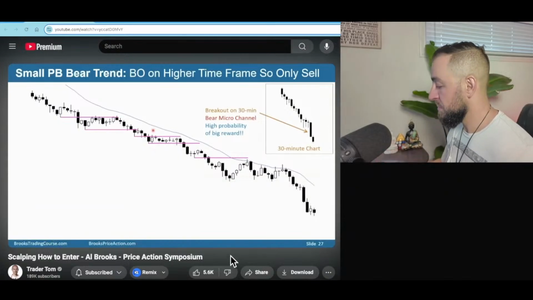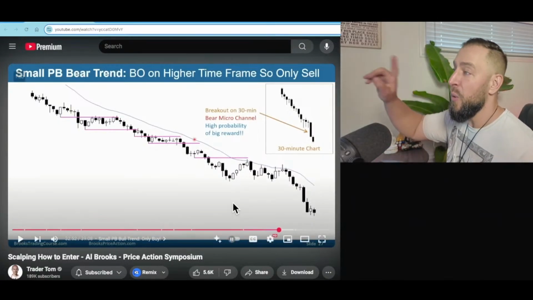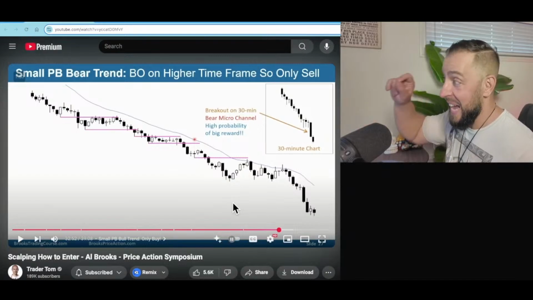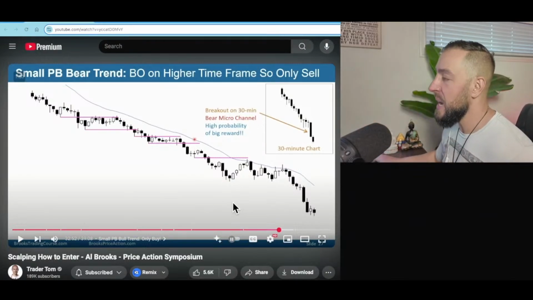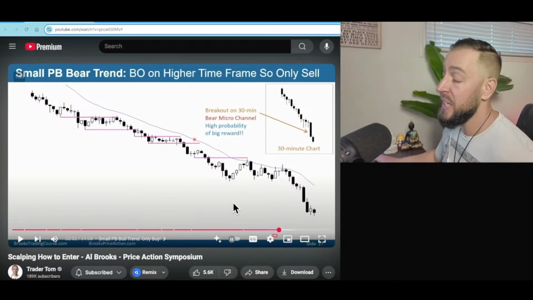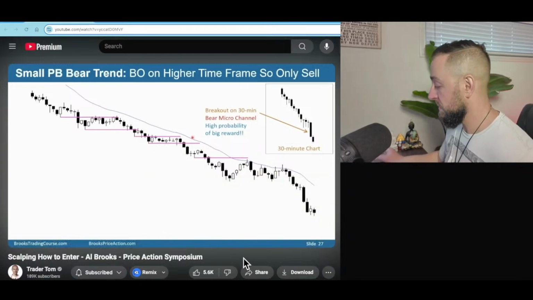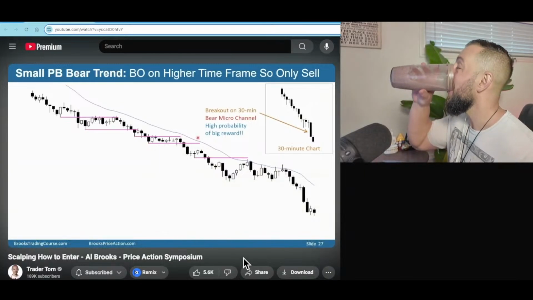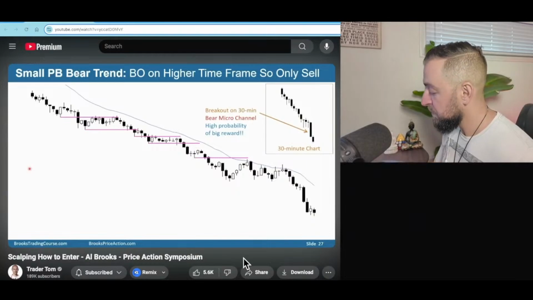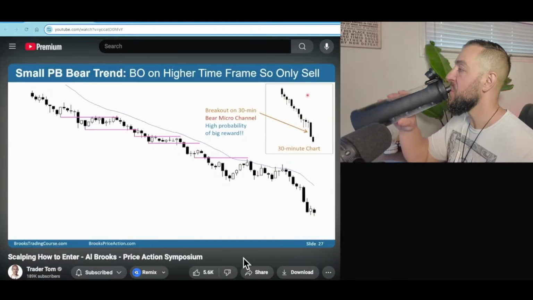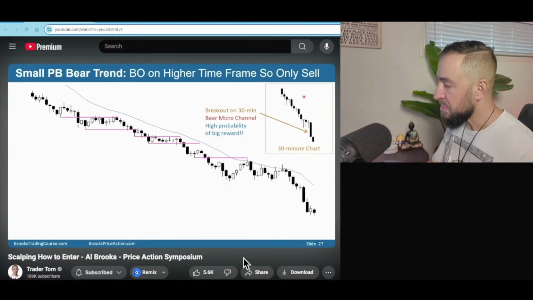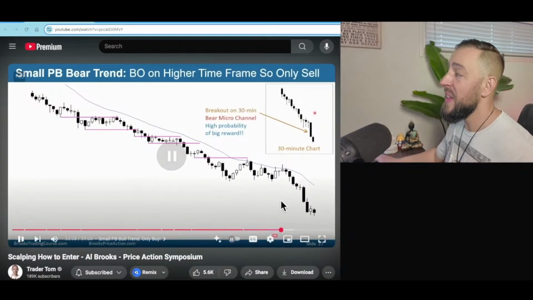Money. If there are a lot of gaps and body gaps. However, when the chart's doing that, that's when there's a huge opportunity, okay? So sometimes, and for some traders, it's better just to wait for those. Pullbacks are small, the bounces are really small. Don't buy, only sell. A trend like this, it's a breakout on a higher time frame chart, a micro channel, every high at or below the high of the prior bar. And that's a great tip.